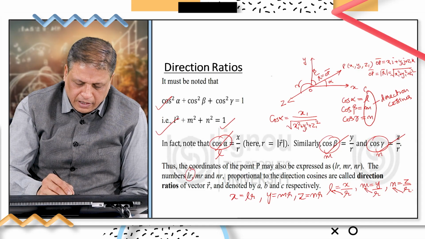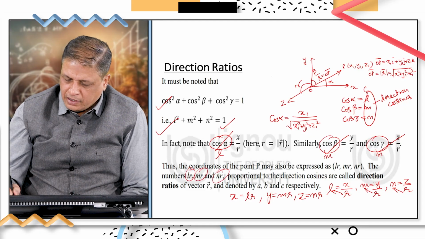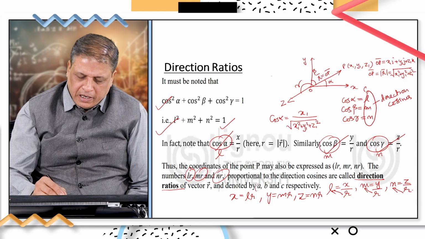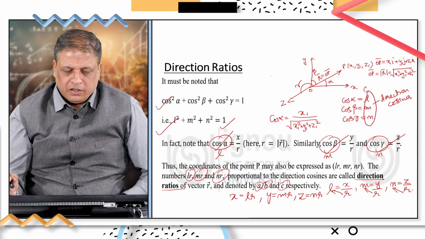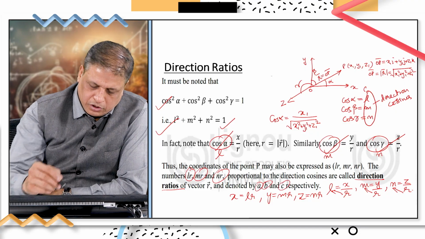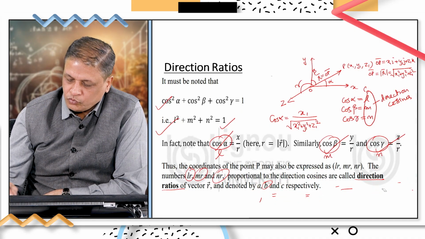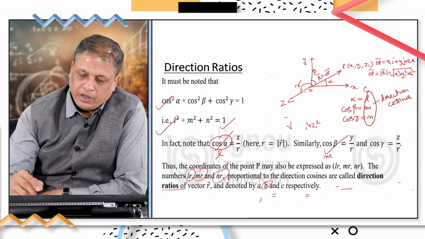And LR, MR and NR are nothing but direction ratios, and they are represented by A, B and C. So, just to simplify that, we are having a vector,